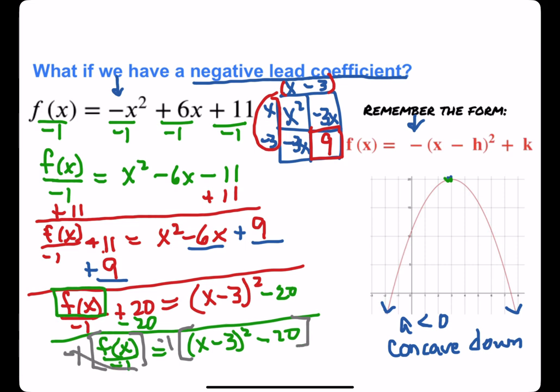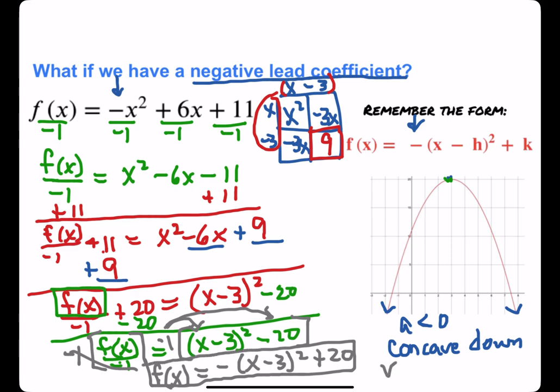So those ones will cancel out, and I'll have f of x, but this -1 will distribute to the squared binomial. Don't go inside the parentheses, just leave it on the outside. And you're going to have to distribute it to the -20. So you'll be left with f of x equals negative x minus 3 squared, and minus 20 times -1 will be plus 20. So here is my vertex form,